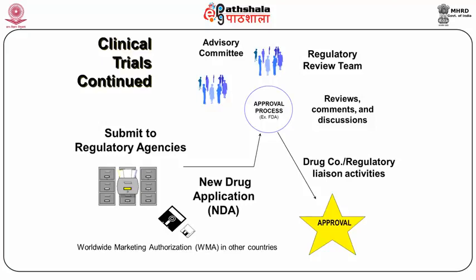The Advisory Committee of the FDA and the Regulatory Review Team of the FDA evaluate, review the comments, and discuss the reports of clinical trials, phase 1, 2, and 3, and then they decide the regulatory activities of the drug, finally giving the approval of the drug. Here, I may tell you one thing. When we start with 10,000 drug molecule candidates, we end up hardly with approval of a single drug. Many times it's also a failure.